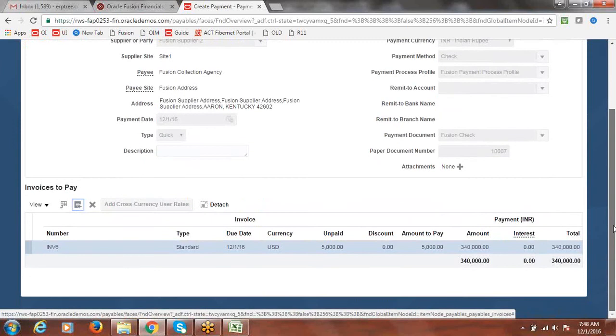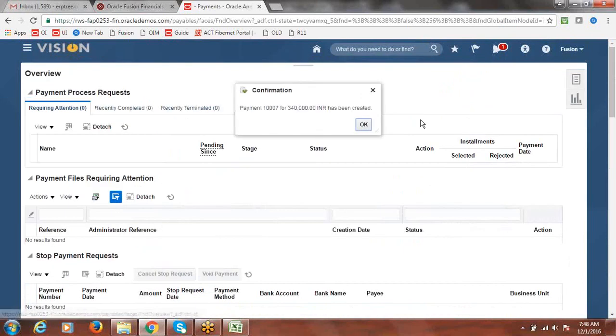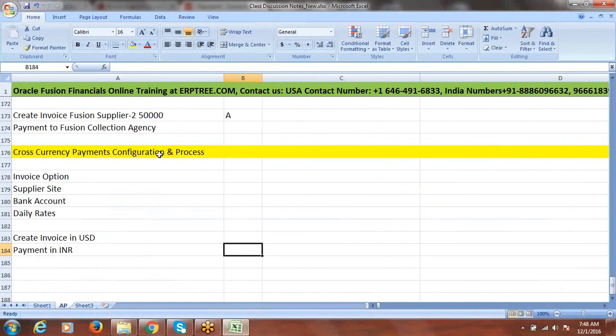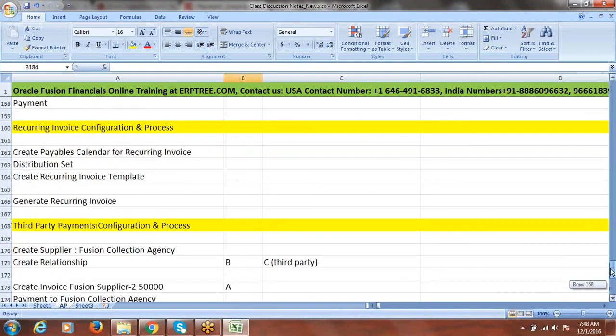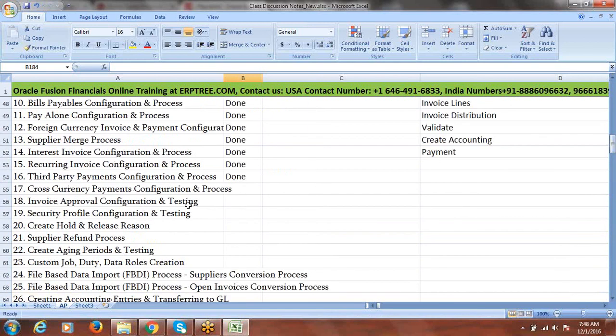So here you can see that conversion. Invoice currency is USD, that is 5,000, and payment in INR is equal to this amount, 3,40,000 rupees. Just simply say save and close. If you want to create accounting, you can do that. We know that process. Okay, this is all about cross currency payments. This is not possible in EBS, as we know, in 11i or R12, but in Fusion you can handle this. And the next concept here we have, this is